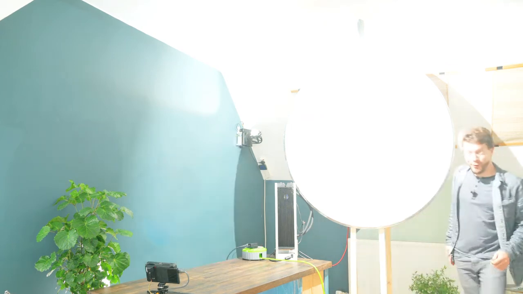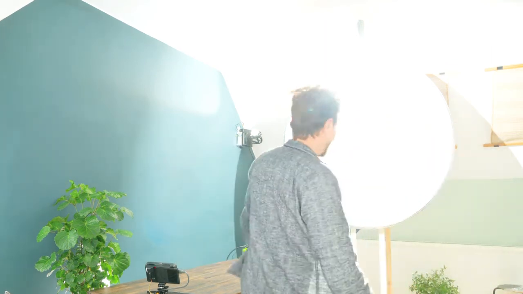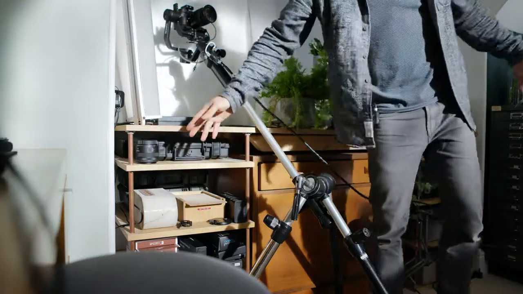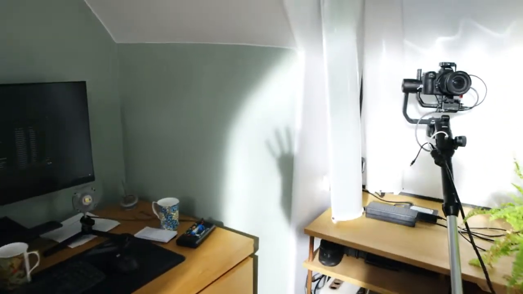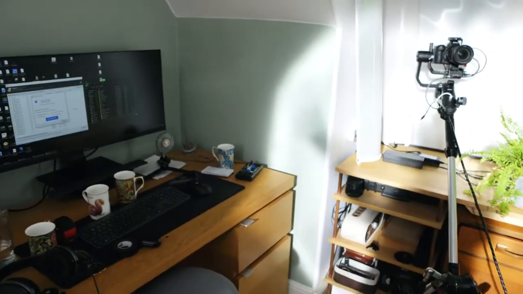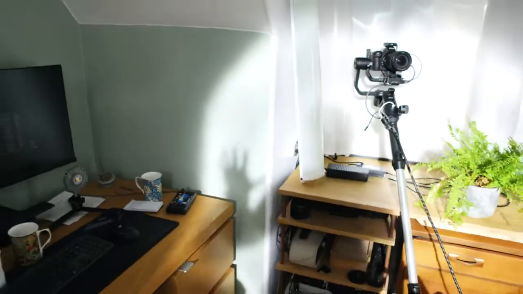Okay. Whoa. Oh wow. Okay, you can't see this because you're probably blinded by the light, but let me show you. As you can see, we have got parallel rays. If I move my hand closer to the wall, its shadow doesn't change in size, no matter where I am in the room, which is